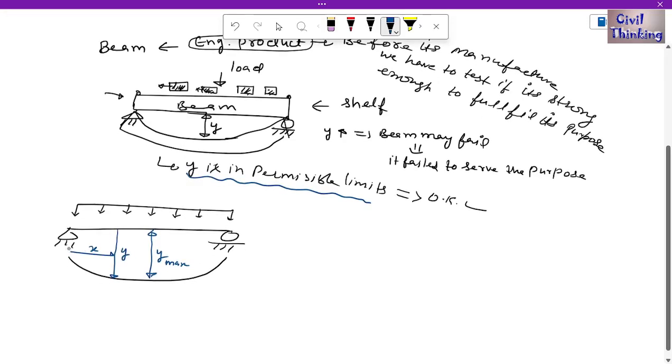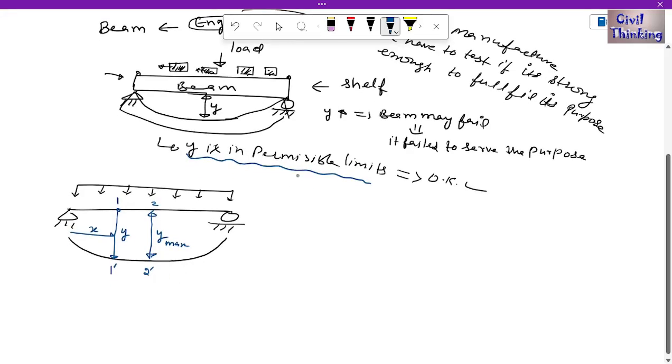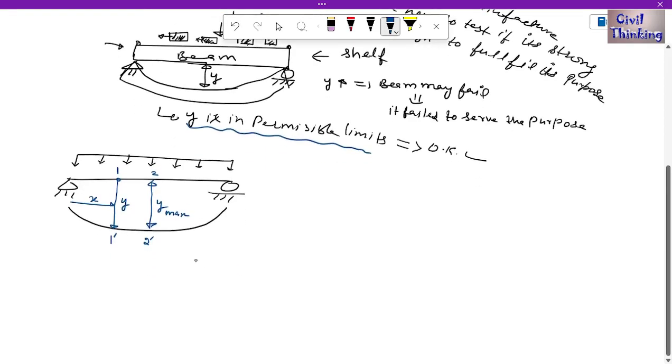What does it mean? At a distance of x from the left support, this point on the beam, let us say this is point 1, has deflected to 1 dash. Let us say this point is 2 and it has deflected to 2 dash. So what we need now is to check if it is in permissible limits. We now have two methods here. One is the analytical method